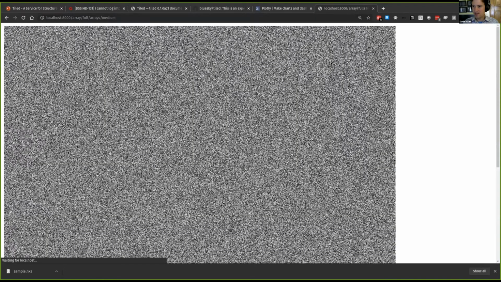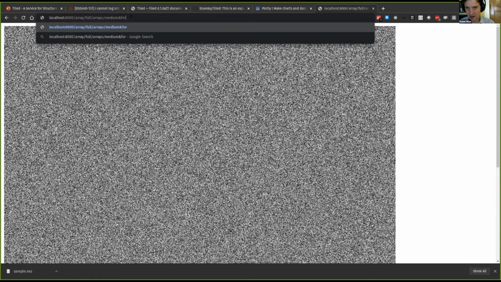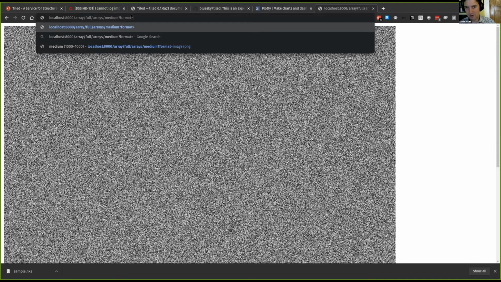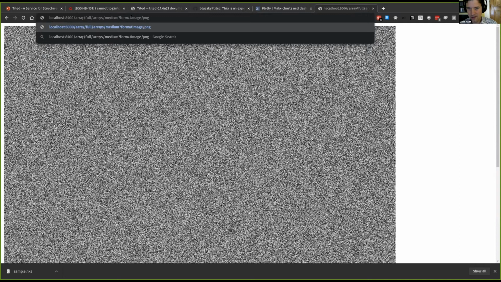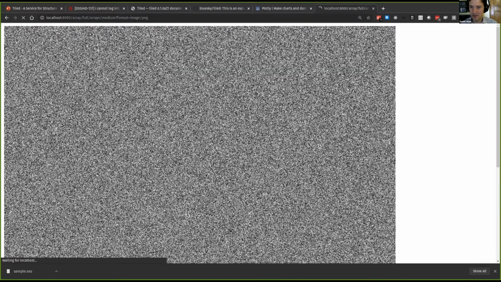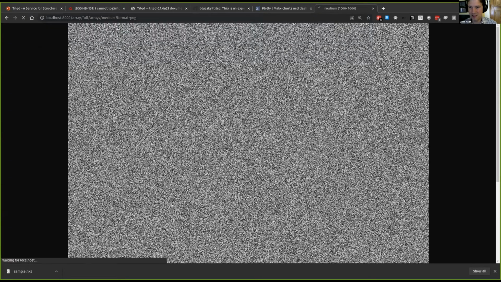So there's my image. The browser requests HTML by default, and the server happily complies by placing a PNG image in a web page. I could ask for it differently. I could say format equals image/PNG, or if I don't know what a MIME type is, format equals image PNG. That gave me a PNG directly. If I've never heard of a MIME type, I might be happier to just type format equals PNG, and it